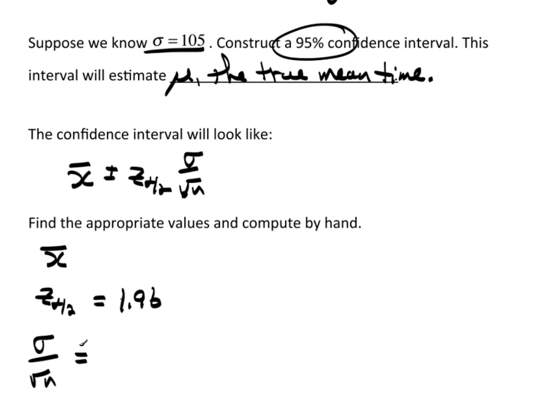I know that sigma is 105. That was given to me right here. And then I need the square root of n, so I need to figure out what n is, and I need to figure out what X bar is. So,